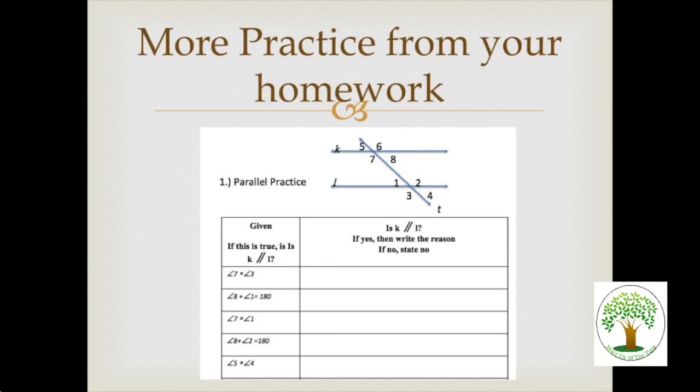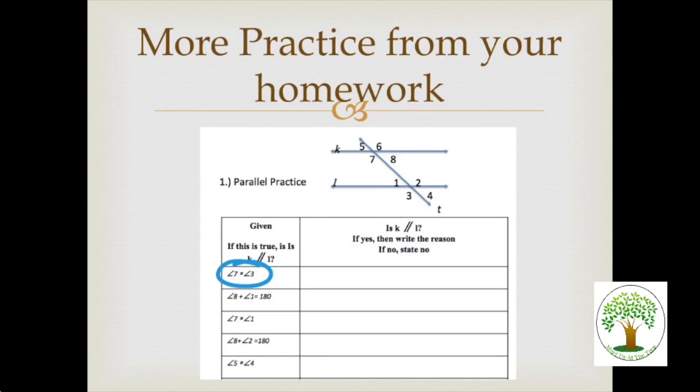All right. That was just practice, so we could learn some stuff to do some homework stuff. I have the very first page there on your 3.4. I want to do the first 1, 2, 3, 4, 5 with you. Very similar to what we were just doing, it just looks a little different. Number 1: if K and L are parallel, and here's the given, 7 is congruent to 3. Does that help us to know